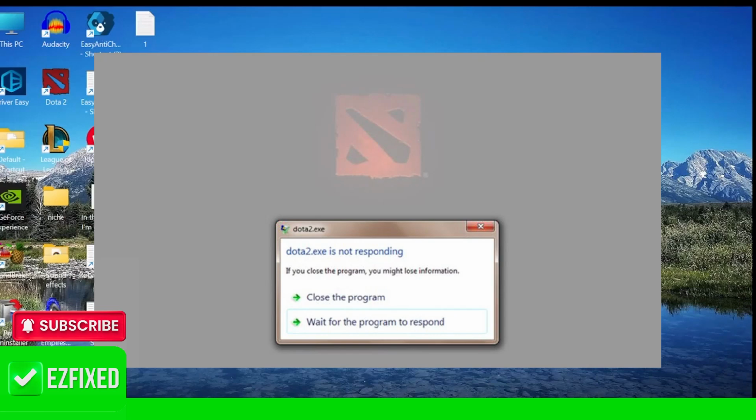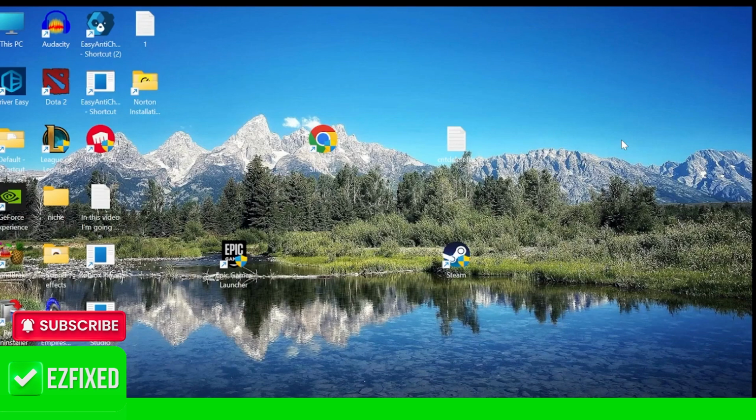Hey guys, if you're encountering an issue when trying to play Dota 2 with the game either not responding or freezing, then keep watching, as in this video I'm going to show you the steps you need to take to fix this issue. You will need to go through each of these solutions to find the one that works for you. So let's just jump straight into it, and the first thing we're going to do is update our graphic